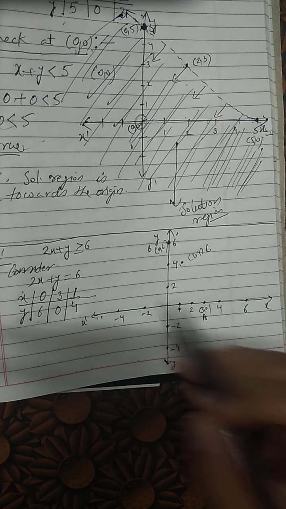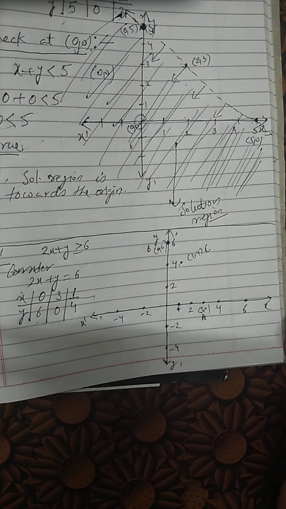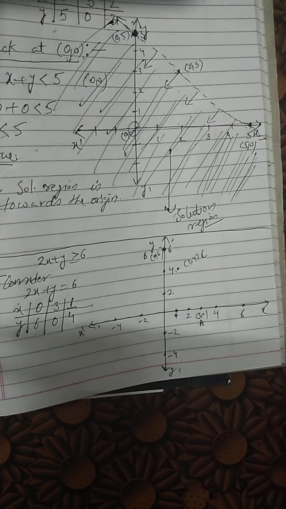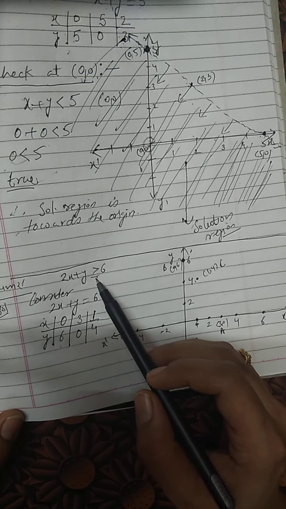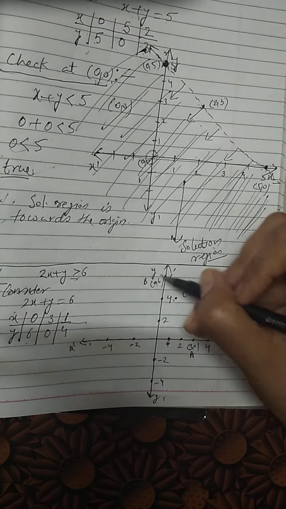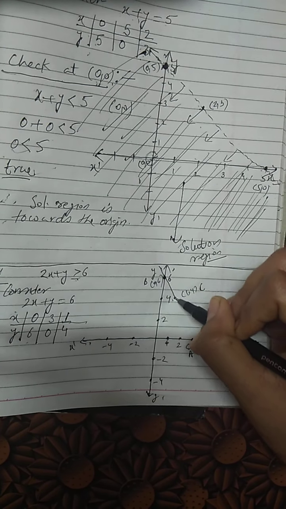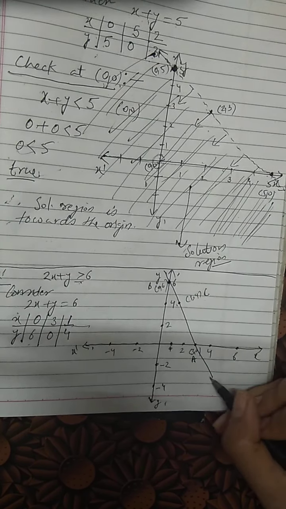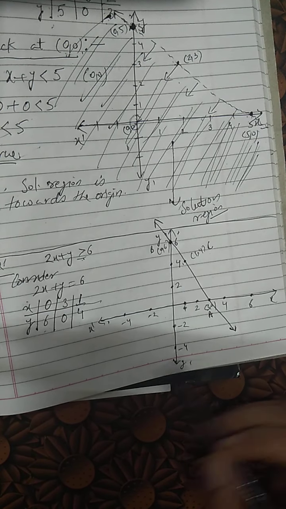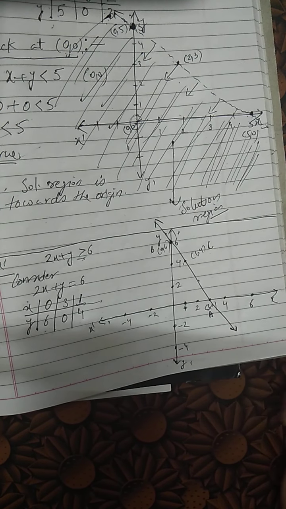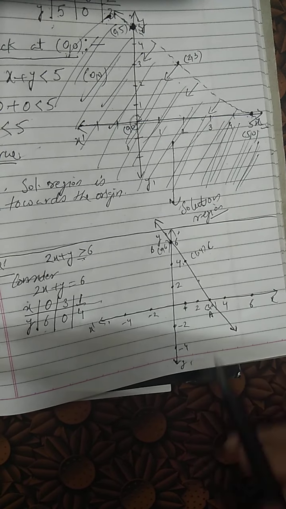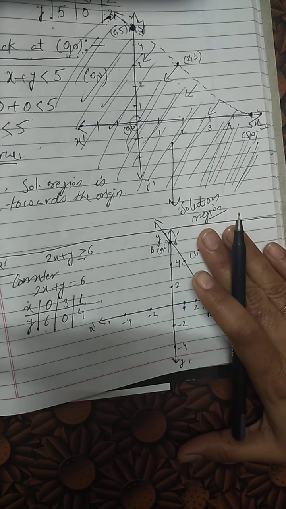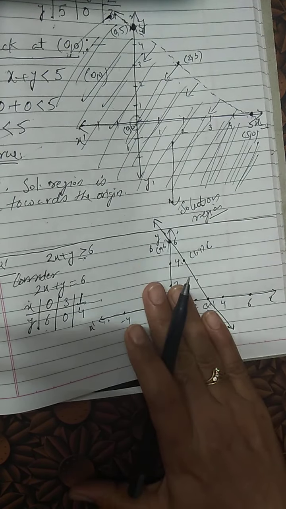Points are marked. We have to draw the line to join the points, and now we have to check what kind of inequality is there. We have a greater than or equal to sign. It's a slack inequality. It means when I join the points, the line will be a solid line. So here we go. The line is a solid slanting line, and this line is again dividing the region into upper half plane and lower half plane. This part does not have the origin, this part has the origin.